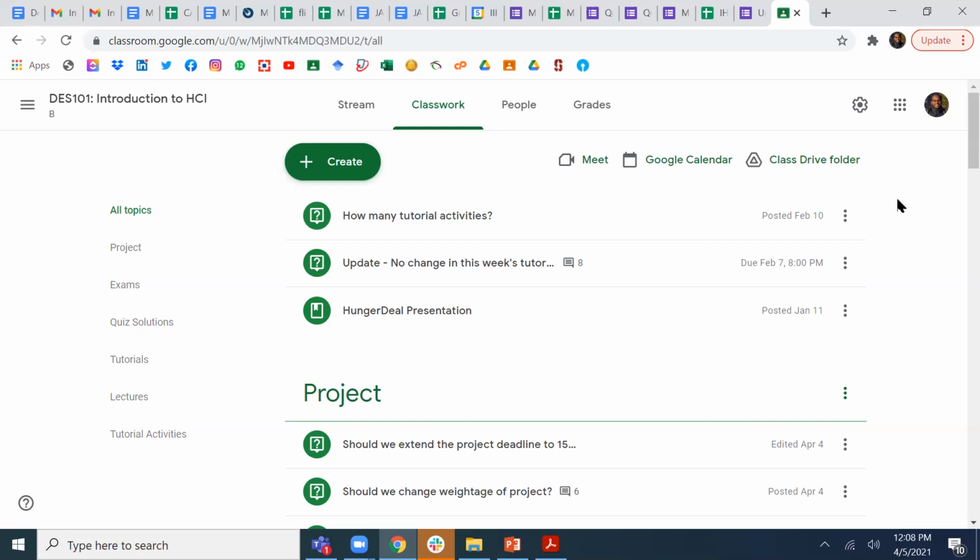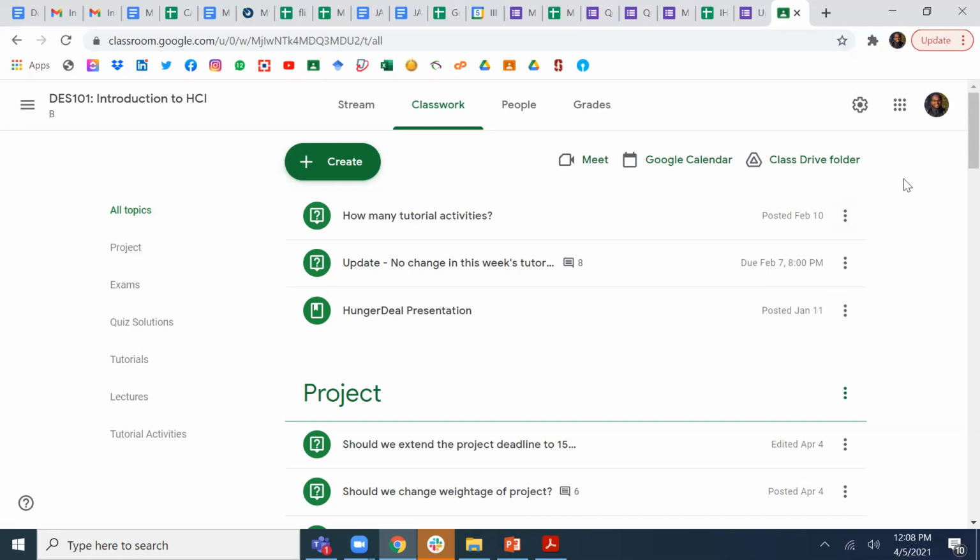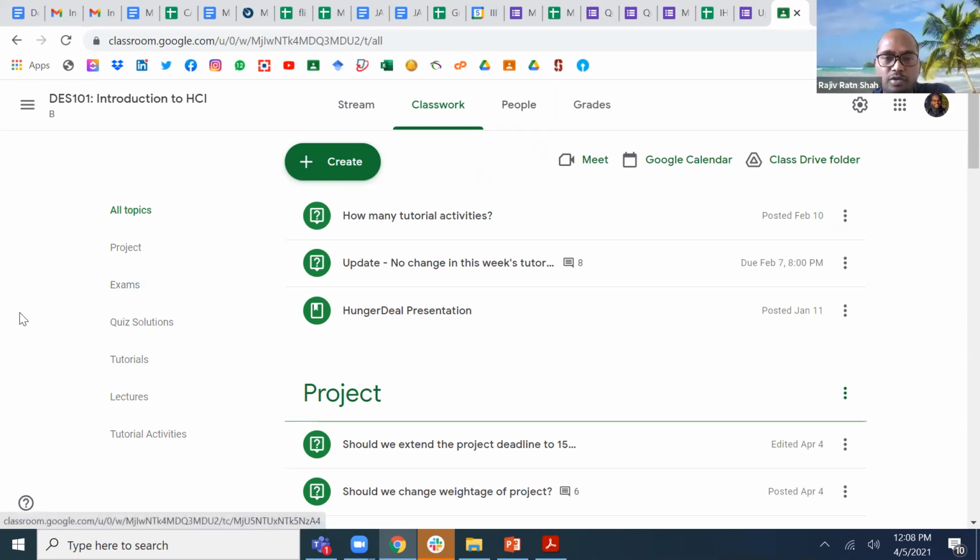Yeah. So I think that will have pros and cons, right? Some people will gain and some will not. So I think it's better just to keep it simple. Let's just increase the marks for the project from 10 to 20, including 5 marks of bonus. That's it. And since we are also extending the deadline, earlier it was 4th of April, now we extended it to 15th of April. So those who really want to work on the project, gain the bonus, and perform well in the project have plenty of time to do so.